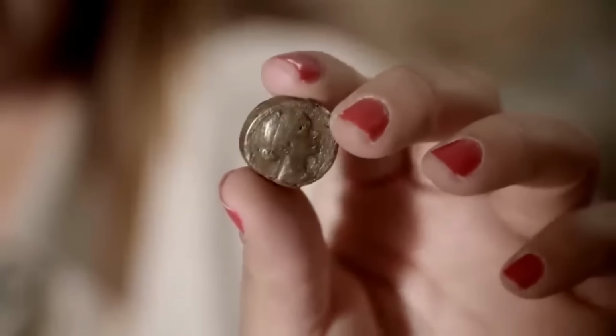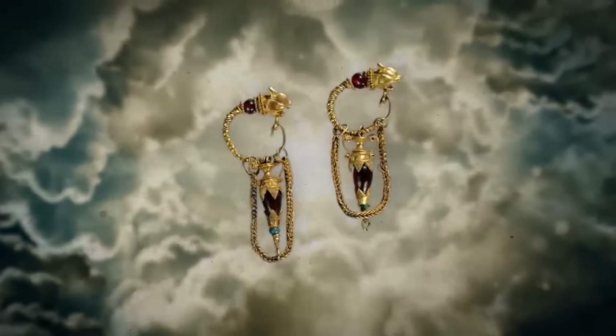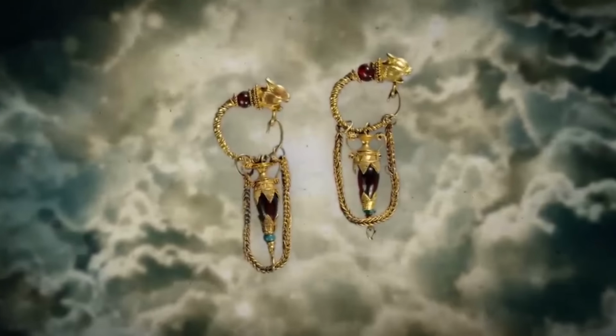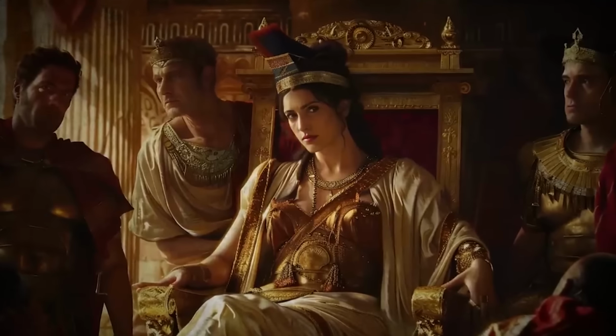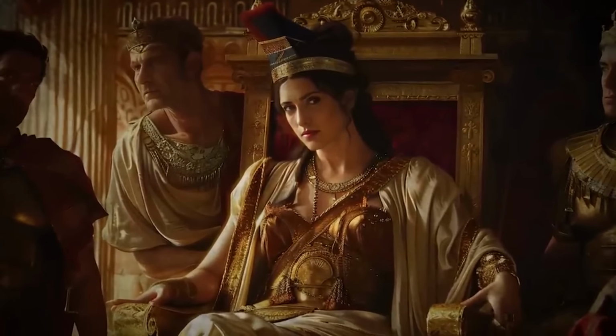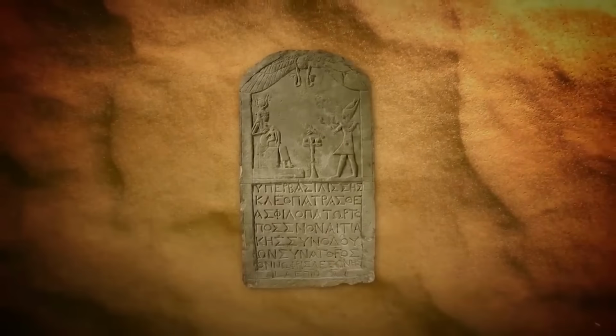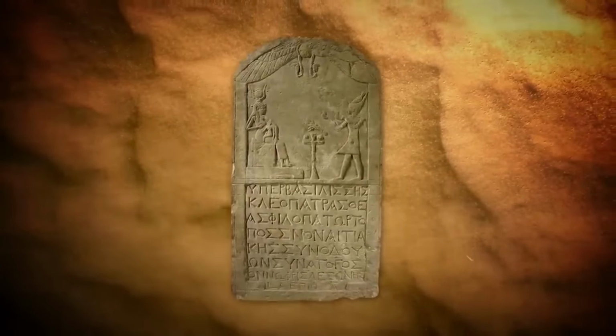The artifacts discovered within the tomb are rich with symbolism. Golden jewelry, statues, and inscriptions reflect Cleopatra's royal status, religious beliefs, and political ambitions. These artifacts offer a glimpse into her life, her reign, and her desire to be remembered as a divine ruler. The symbols and inscriptions provide valuable insights into how Cleopatra viewed herself and how she wanted to be perceived by